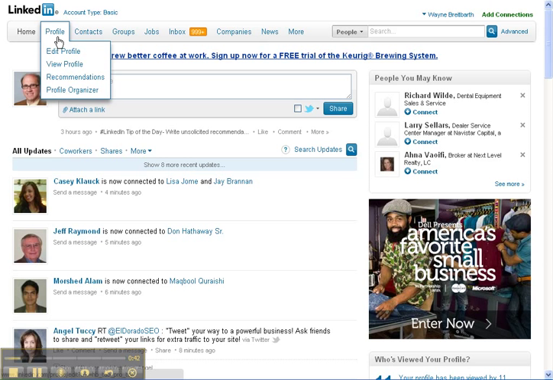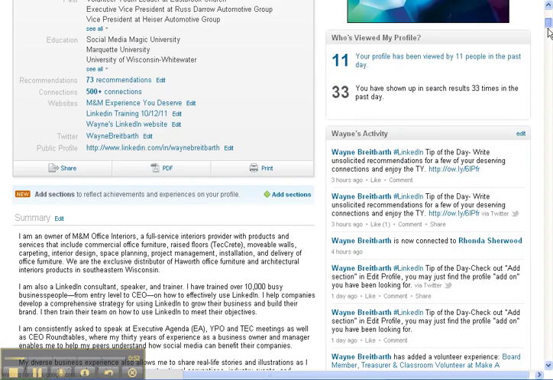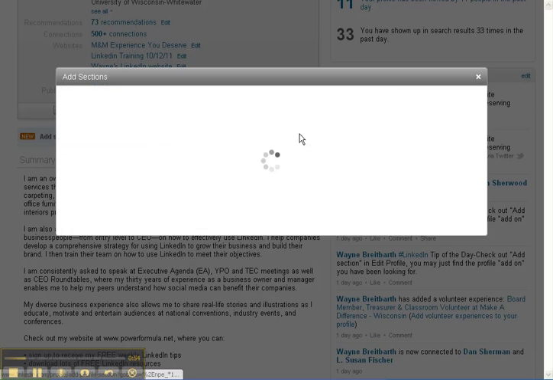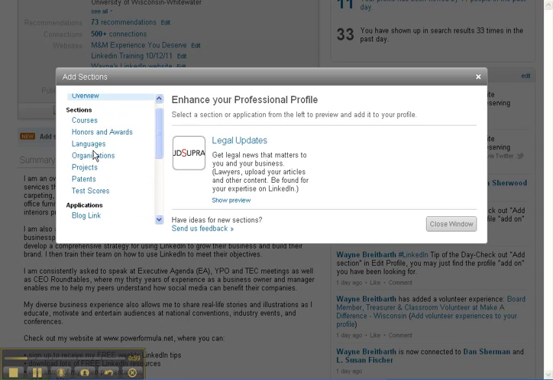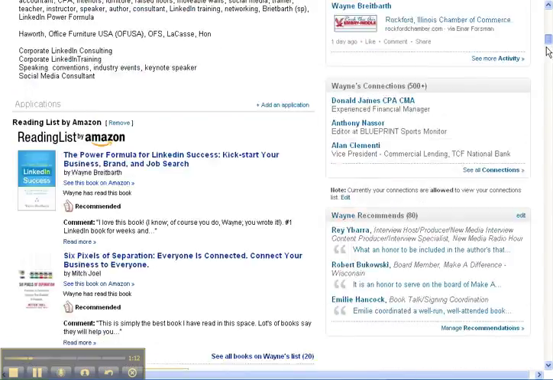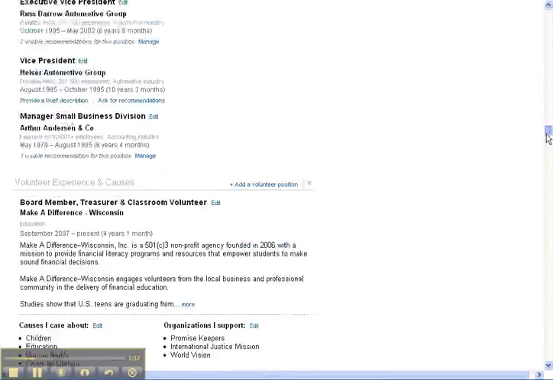Well, this just came out, and I think it's helpful. I think it's one that you might want to consider adding to your profile. So here's how you get there. You do edit profile, and like all of the newer sections that they've added recently, you go to add sections. And in your list here will be volunteer experience and causes. If you haven't asked for it yet, these are the ones that I have left. Mine is not here because I've already put it up. You will probably have it, so click it on, and then the section will appear on your profile right down here, waiting for you to give some details.